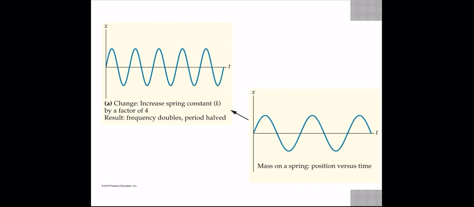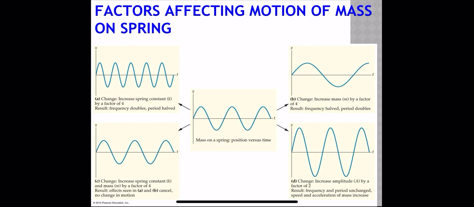And the change that we made when we went from the picture on the right to the picture on the left is that we increased the spring constant by a factor of 4, and you see the resulting changes. You see other similar relationships here, starting at the graph in the middle, then going to the graph at the top right, we increased mass by a factor of 4. To the graph at the bottom right, we increased amplitude by a factor of 2,